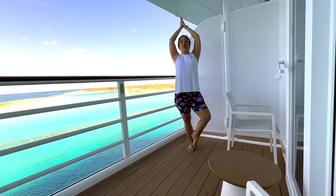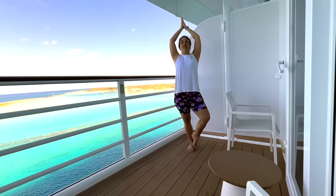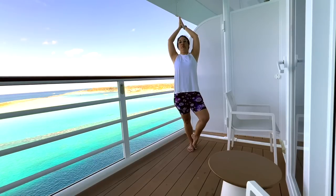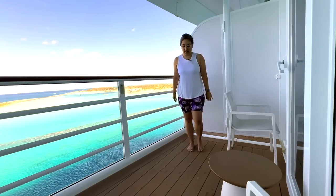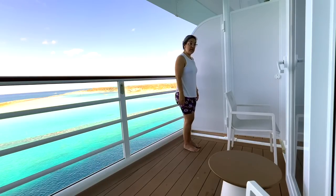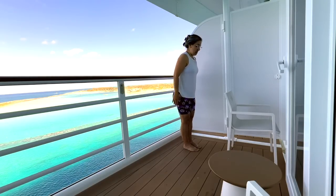Let's hold here. Let's hold for 5, 4, 3, 2, and 1. Good. Releasing the arms, releasing the legs. Great work. Now coming towards the side, if you want to face your chair, on an inhale, we're going to